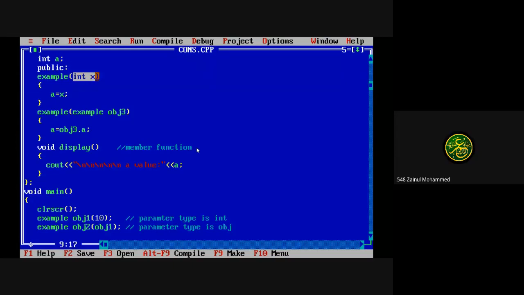Now I am taking obj2 of obj1. What is the parameter here? obj1. Now this obj1 will be copied into the formal parameter. What is the formal parameter here? It is obj3. Is this clear? So obj1 value will be copied into obj3.